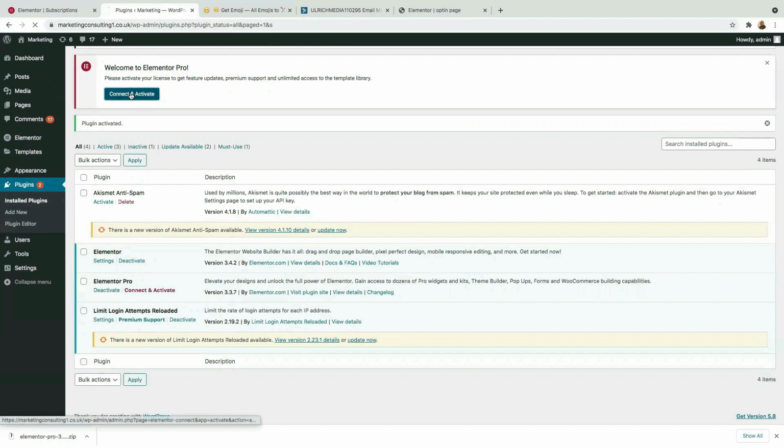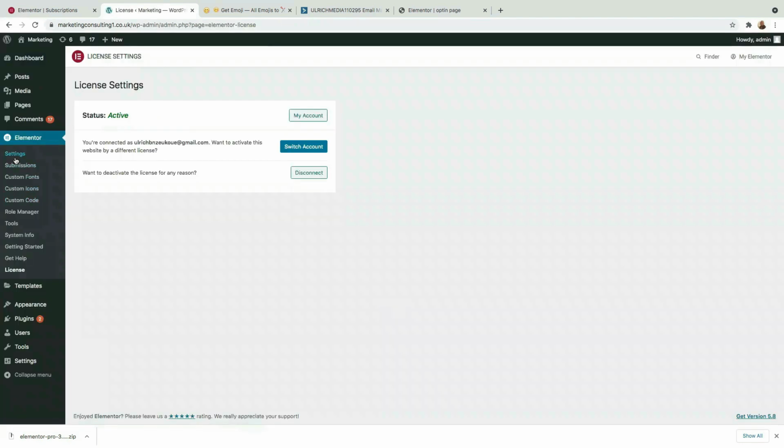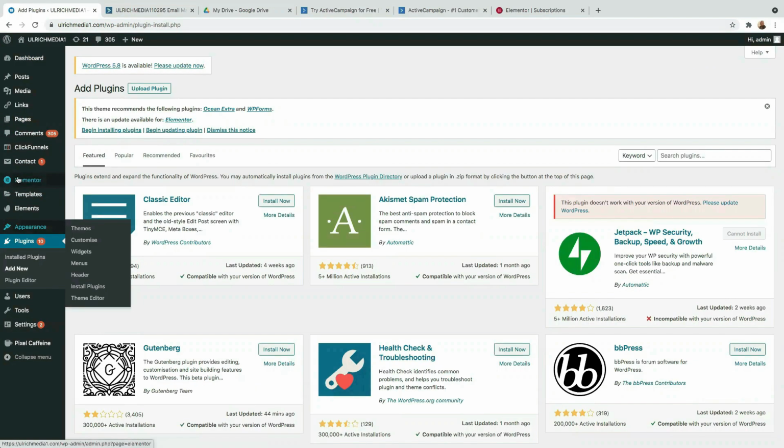Let's just click again here, connect and activate, just to double check. And just click on activate. Okay, everything has now been successfully activated, and now the status here says active, right? So that's absolutely fine. So now that we've added Elementor and Elementor Pro, you come here to Elementor and click